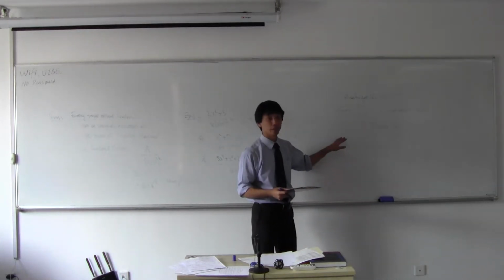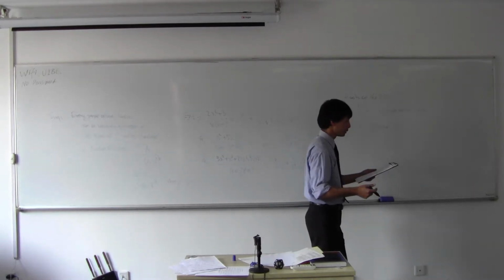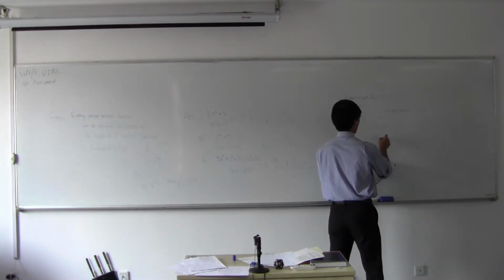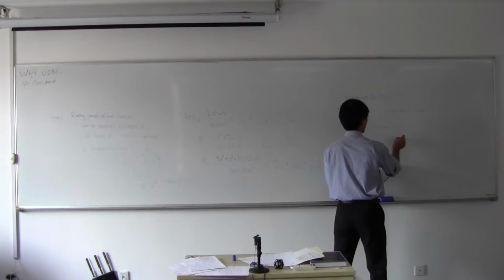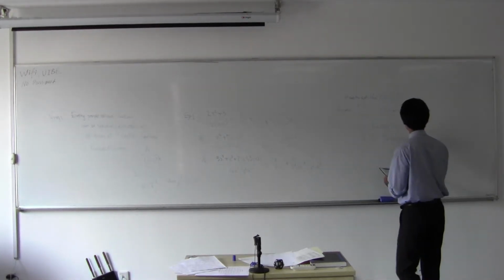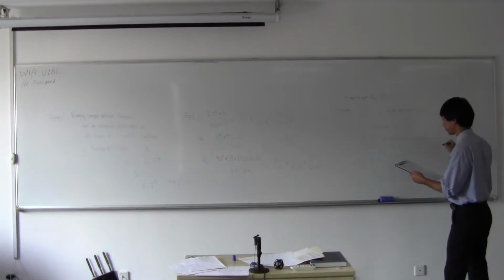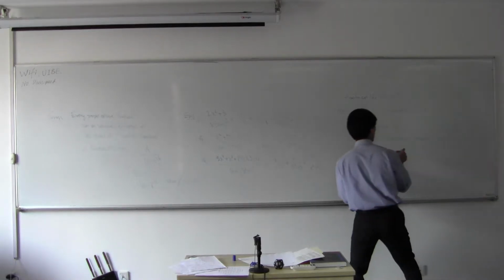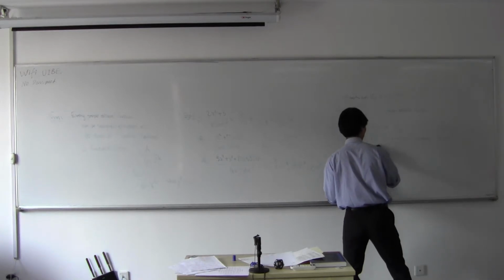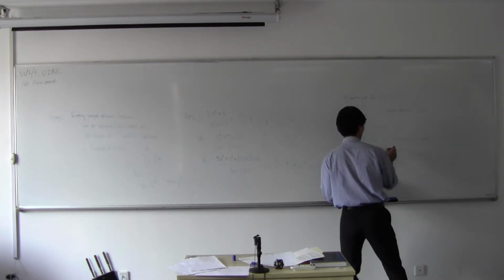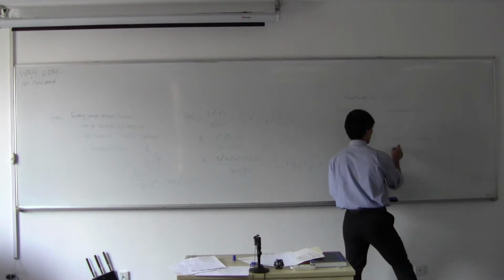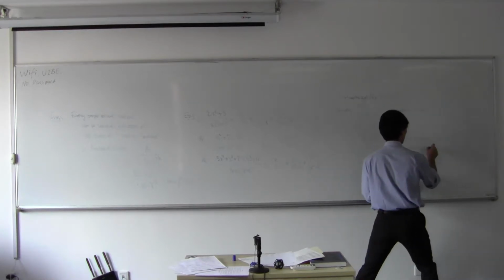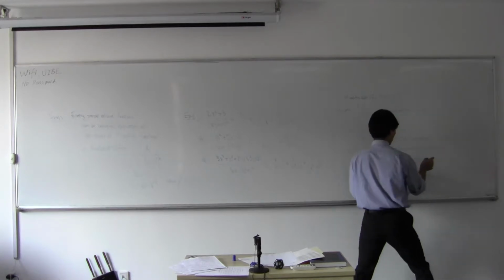Okay, so factor the denominator. That's the first thing you're going to do. If the factorization contains, say, (x minus alpha) to the k, then the decomposition contains things like